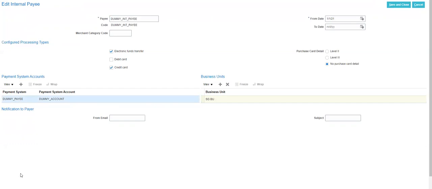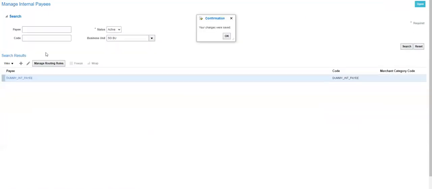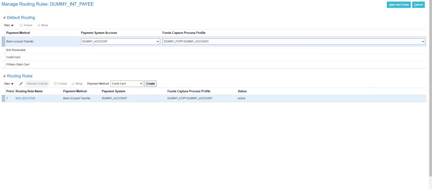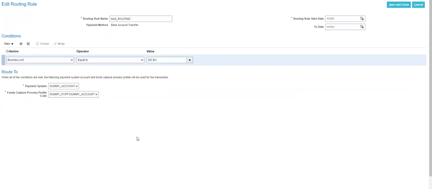Now, how does the application know which payment system to use for this transmission? That is determined by routing. So we attach our routing rules here. As an example, I've created a routing rule here. Here I say, if the business unit is this, then I can add more conditions.